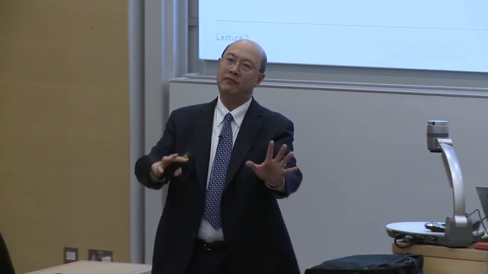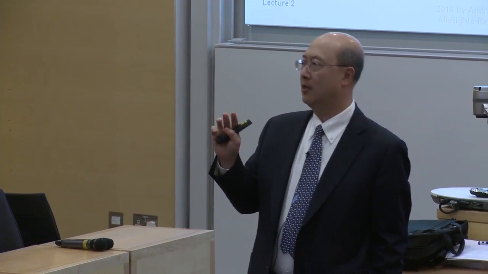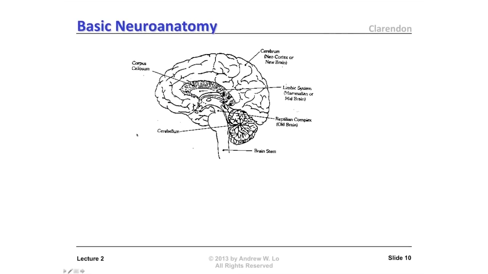So I want to take you on a brief detour of how the brain actually works so you can understand where some of these impacts and constraints come from. And to do that, here's a very brief lesson in neuroanatomy. This is a cross-section of your brain. It turns out that the brain is not nearly the homogeneous organ that we think of it as, but it contains lots of different components. So I'm going to tell you about 3 of them in particular.